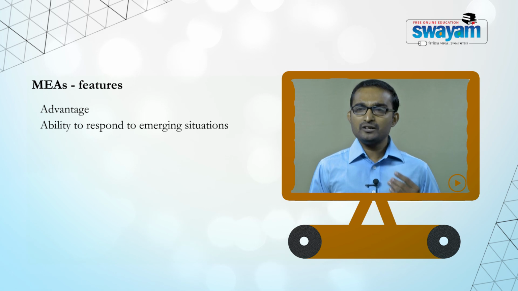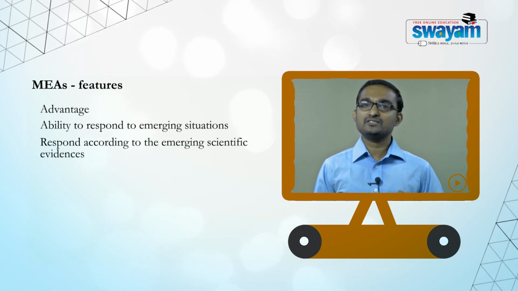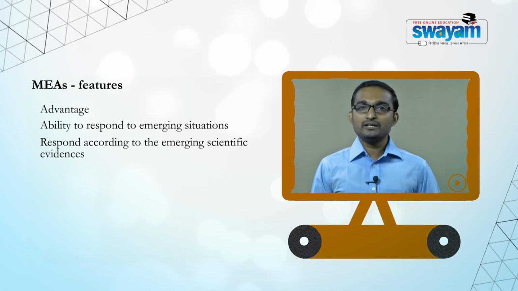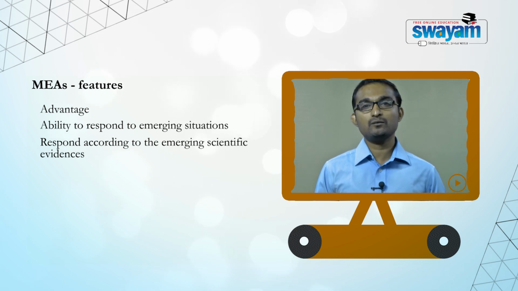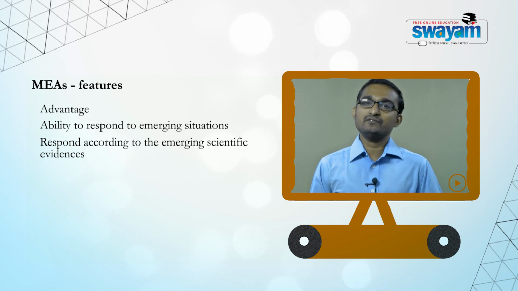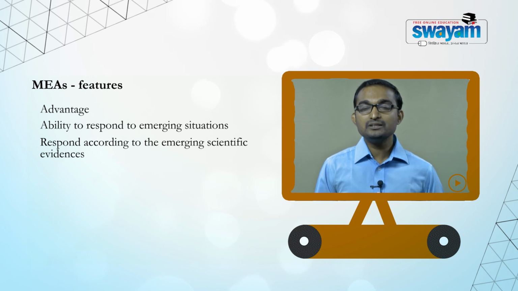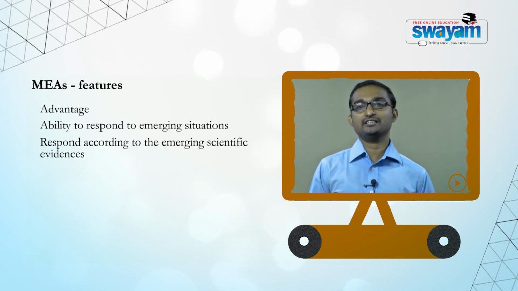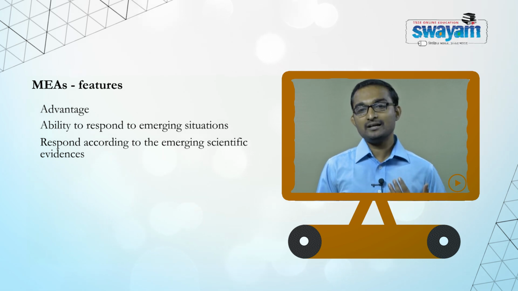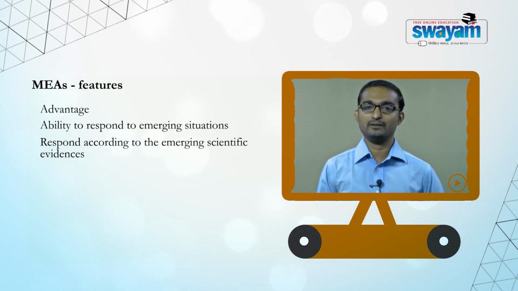First of all, the majority of these environmental issues are uncertain and require significant scientific support. That means it requires the international community first to understand what the problem is in the light of scientific evidence. So as and when the scientific evidence emerges, these multilateral environmental agreements equip the international community to address that issue without wasting too much time. This could be considered an important advantage of multilateral environmental agreements in addressing environmental issues.